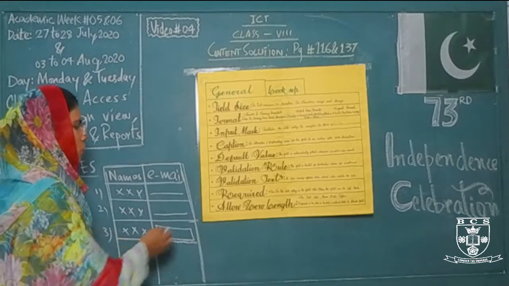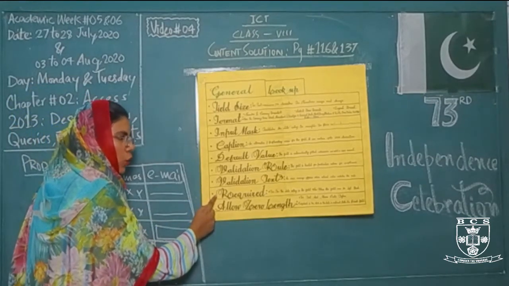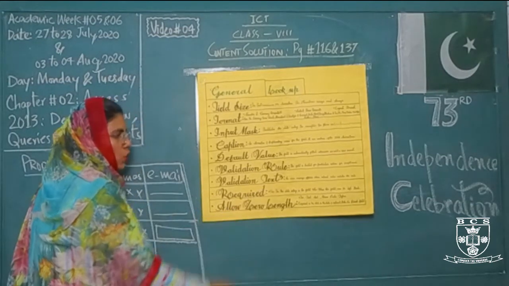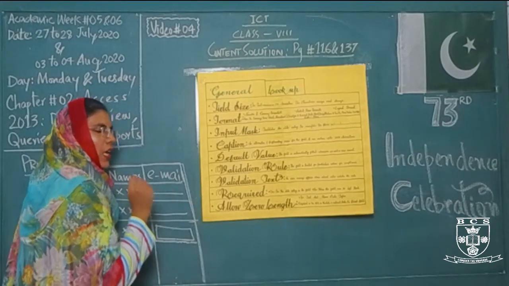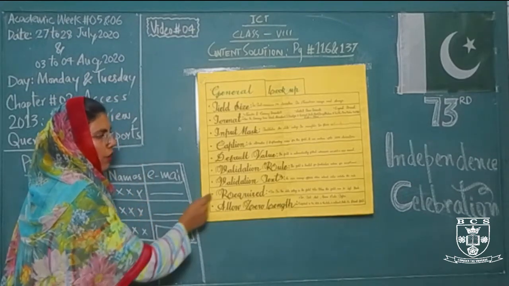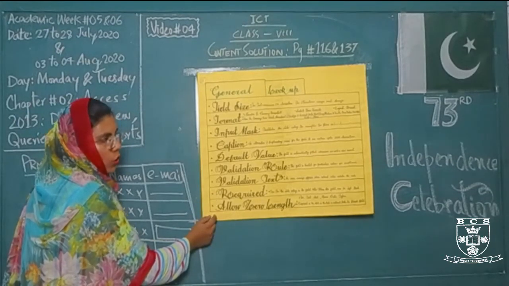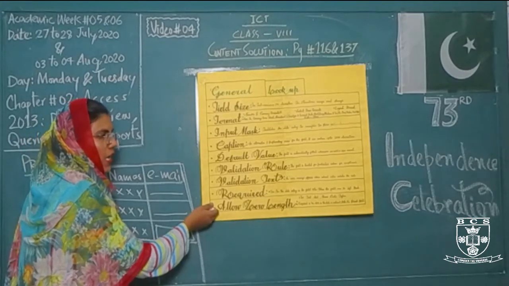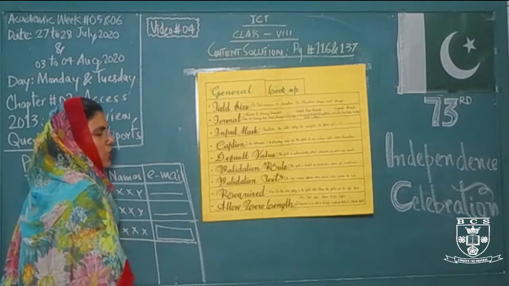If you are using both properties simultaneously, and you have set this particular field required as yes, and allow zero length as no, it means that you can easily enter the data in the field you are working on. And if you have set this field required as no, and also allow zero length as no, it simply means that now you cannot enter the data and the field can be left as a blank field. So this is all about the properties that the field properties pane has.